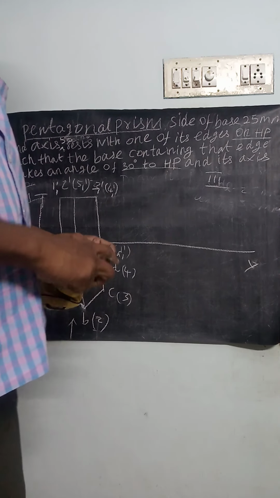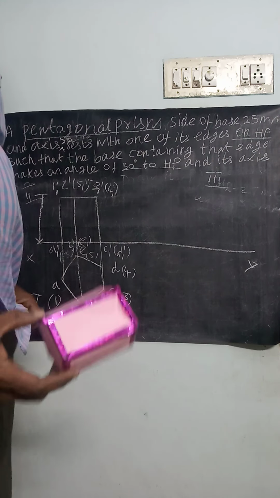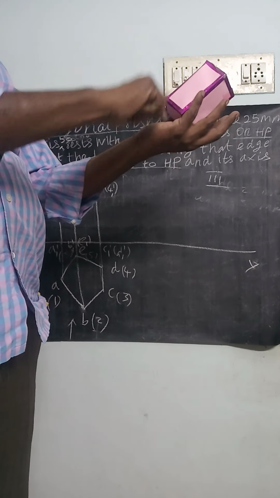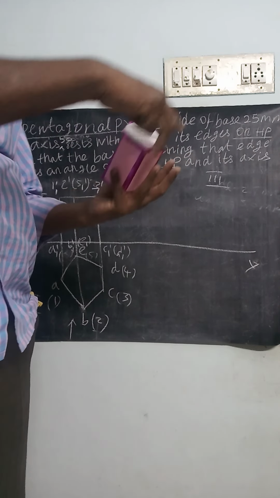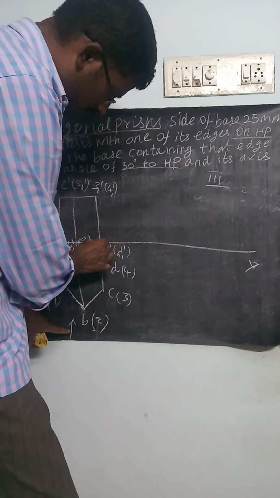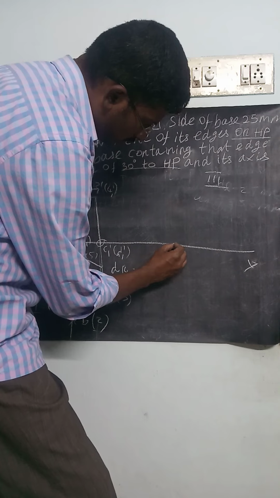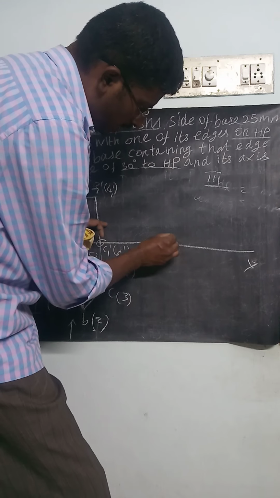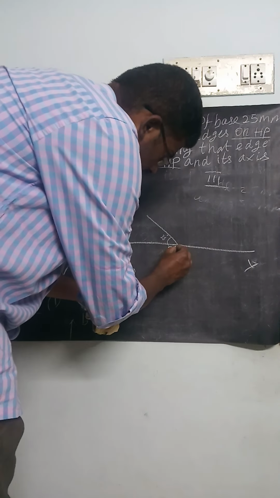So there is a given resting condition. What is the given angle? This is your base. The base angle is 30 degrees. Look here, this is the final front view. Next you can draw this portion. This is our edge, resting on, at an angle of 30 degrees. First you put a small dot at C1. What is the angle? 30 degrees. Just note it down. So C1 dash.